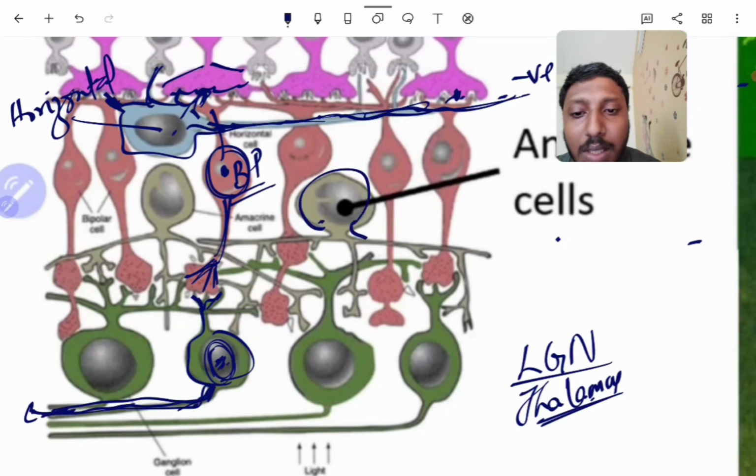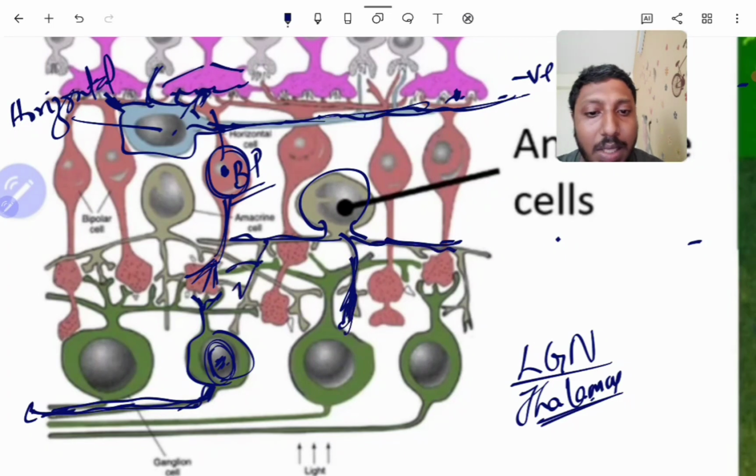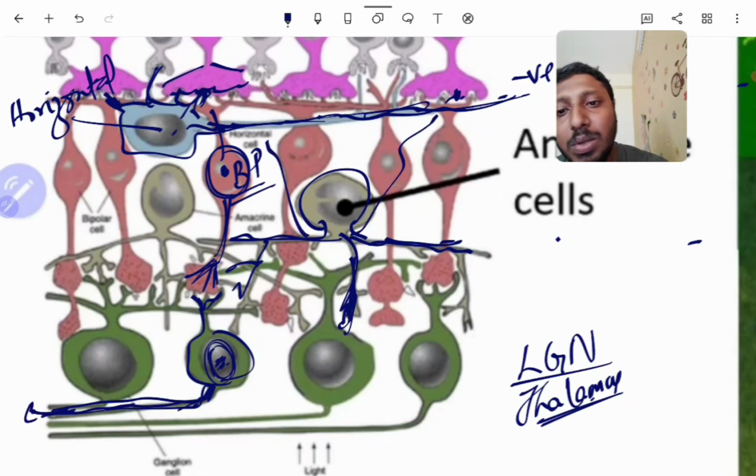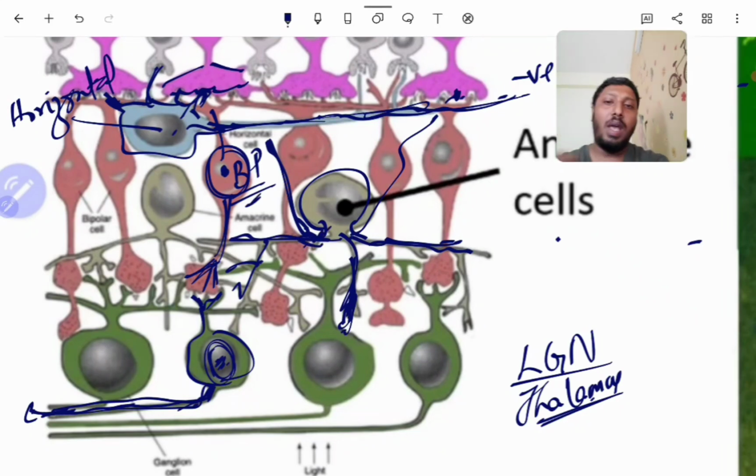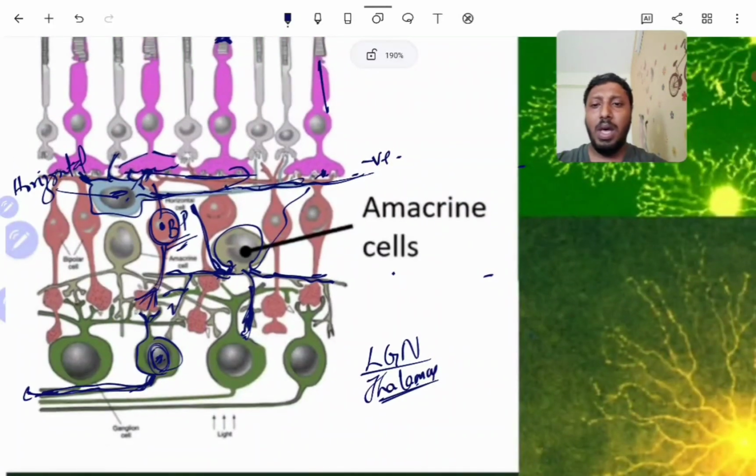And what are these cells? These are called amacrine cells. Two or three ganglion cells are connected by these amacrine cells, and they also have some connections to the bipolar cells, which is not visible here. There are lots of kinds of bipolar cells. So this is the basic structure. Amacrine cells are complicated cells that connect the ganglion cell and the bipolar cell and whatnot. Horizontal cells act strictly at this level only. And this is the general structure of the retina.